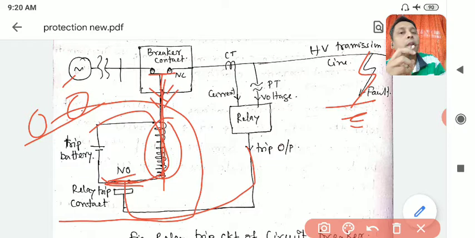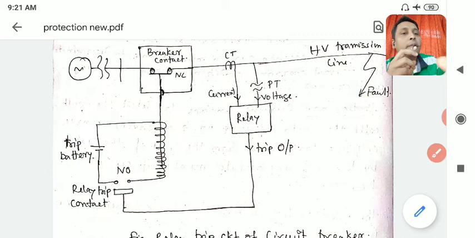So if it is pulling it, then this operation, it is pulling. If you pull this rod, then it will be open. So the circuit breaker opens. So this was the idea of the circuit breaker. How does this operate?